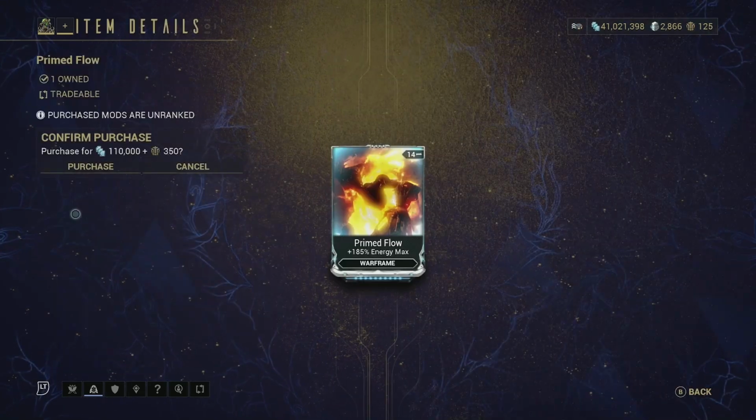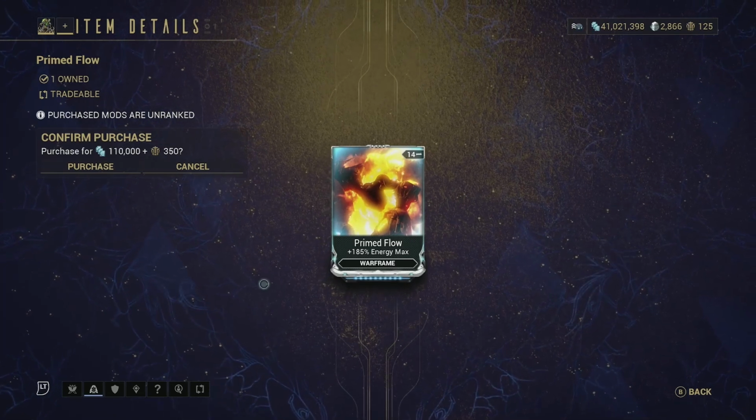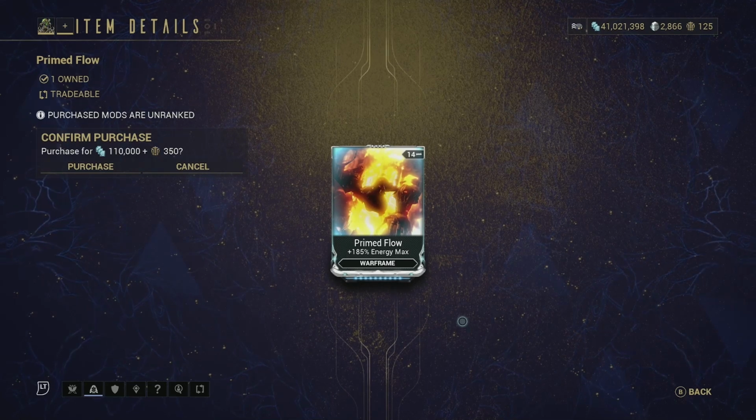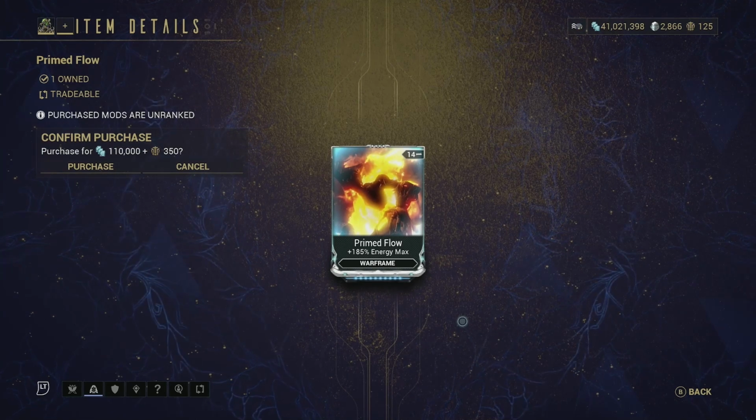Then we have Primed Flow. Actually, scratch that. This is the best mod he's brought for this week. Second would be the Primed Charged Shell. You get plus 185% energy max for Warframes. It is very versatile, it's very good, and I would highly recommend picking this mod up because it just makes